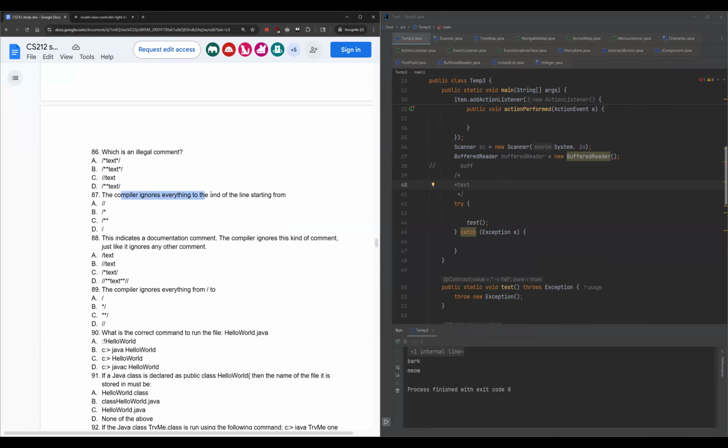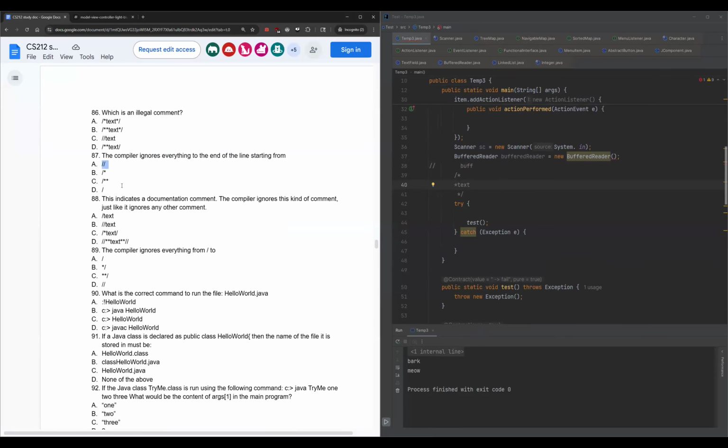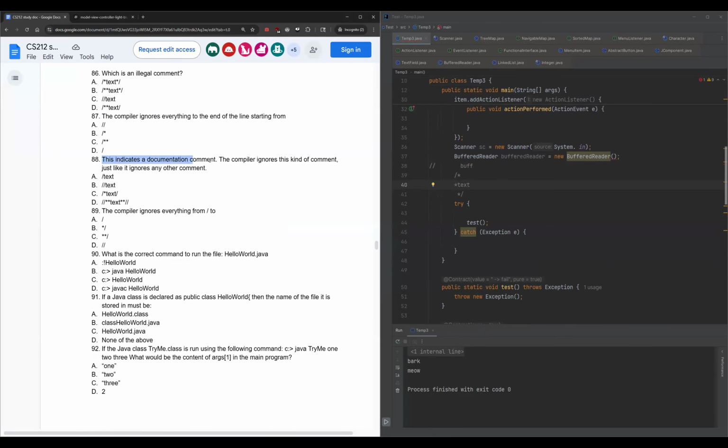The compiler ignores everything to the end of the line starting from this. This indicates a documentation comment. The compiler ignores this kind of comment just like it ignores any other comment. Like we discussed before,